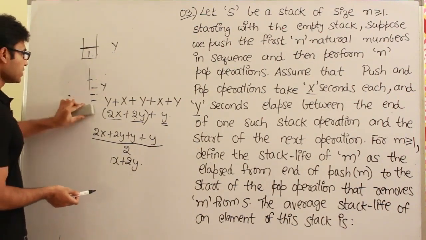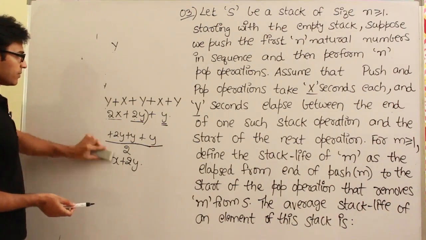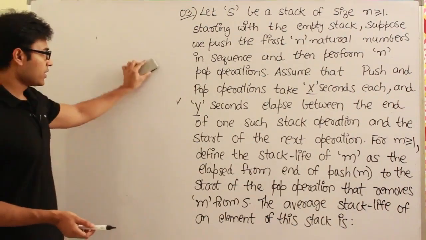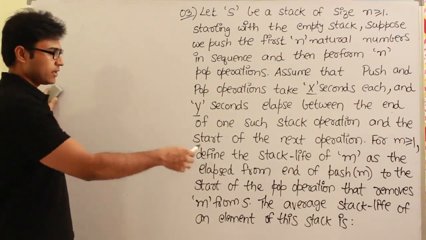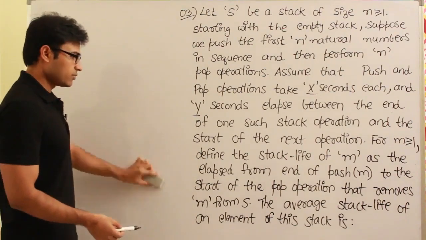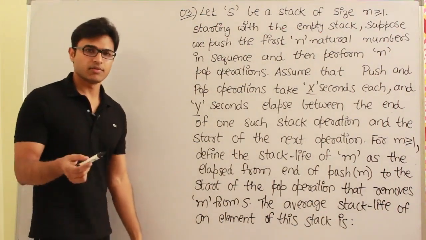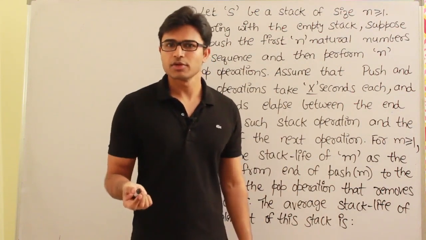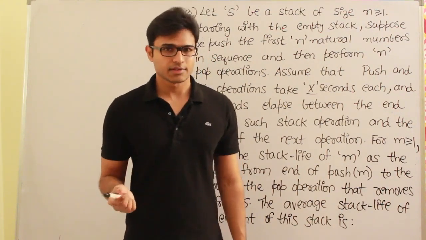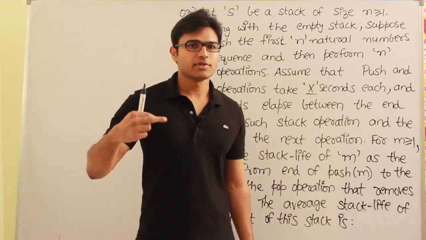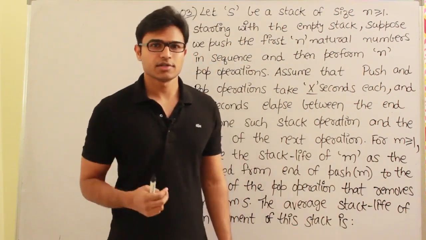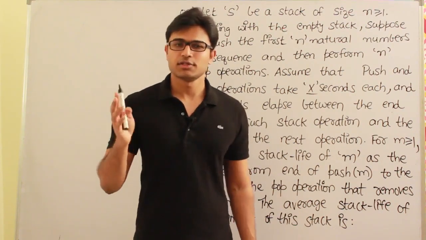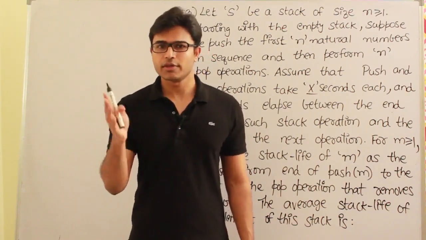Why am I doing this for 1, 2, 3 elements? Because once you do such analysis, you can substitute values of n in the options and eliminate the options. That is one way to do it. The other way is directly deriving the answer. We shall do it, but once we work with small numbers, we'll understand exactly what is happening there. In the exam, whenever options are given in terms of n, you try taking n equal to 1, n equal to 2, n equal to 3.